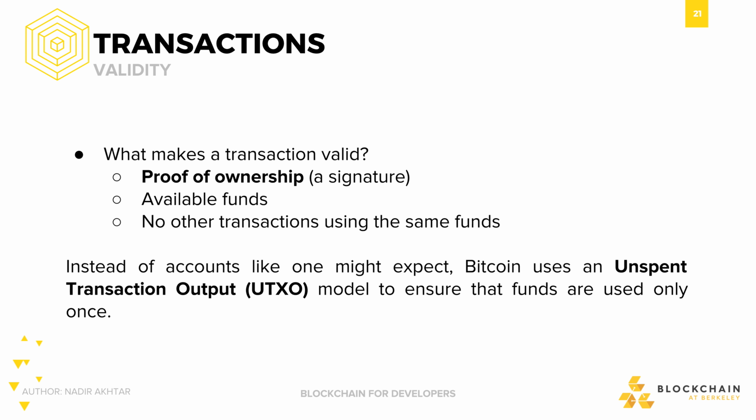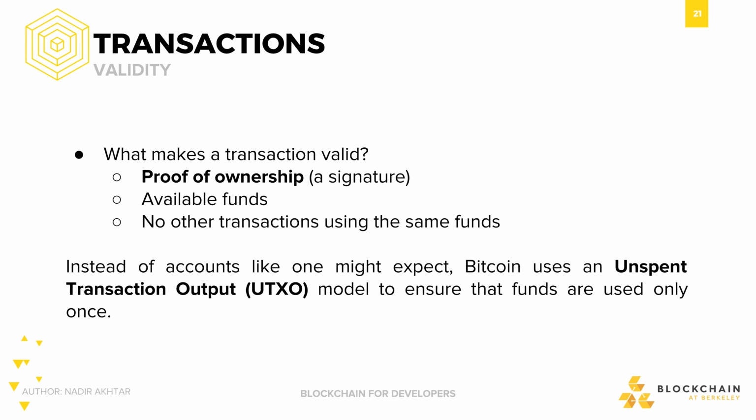So transactions. What makes a transaction valid? Remember that transactions are the backbone of Bitcoin, so these need to be secure. They need to be valid, right? So you need proof of ownership, which is essentially a digital signature. You need available funds, right? You can't just send funds that don't exist in your wallet, and no other transactions can use the